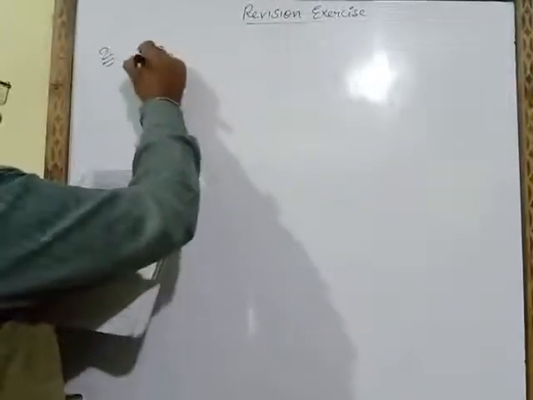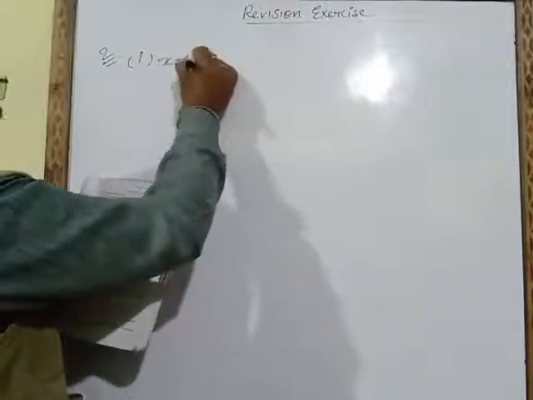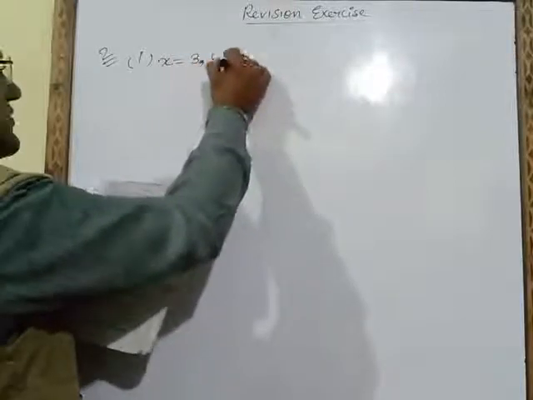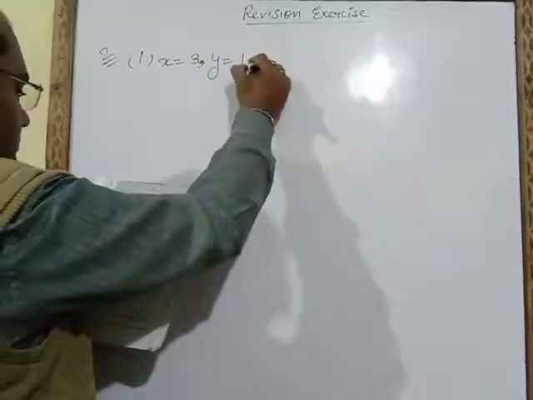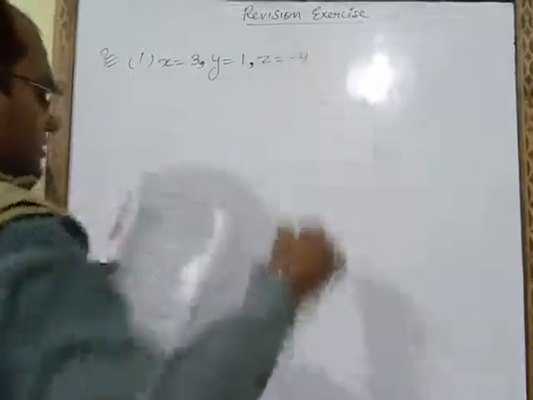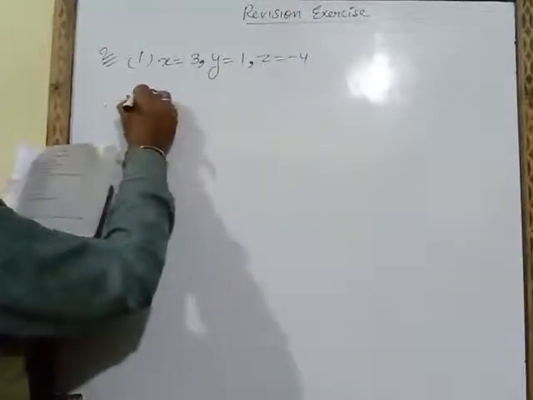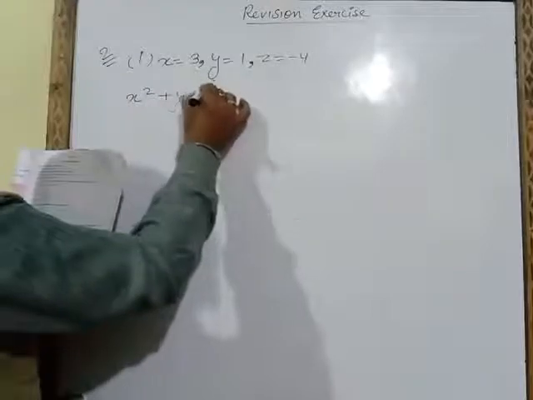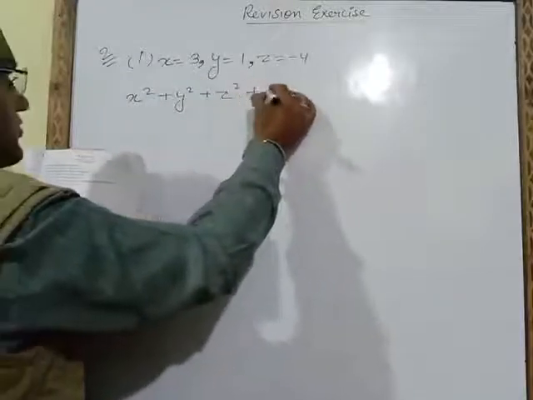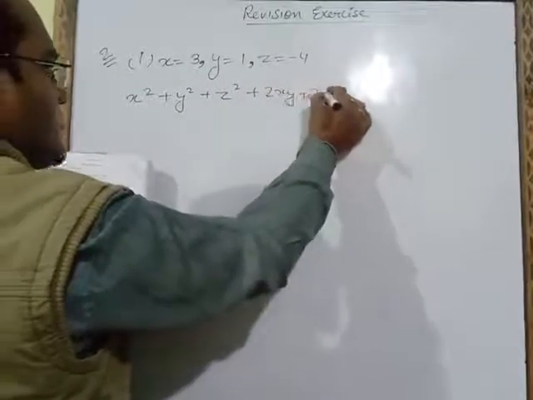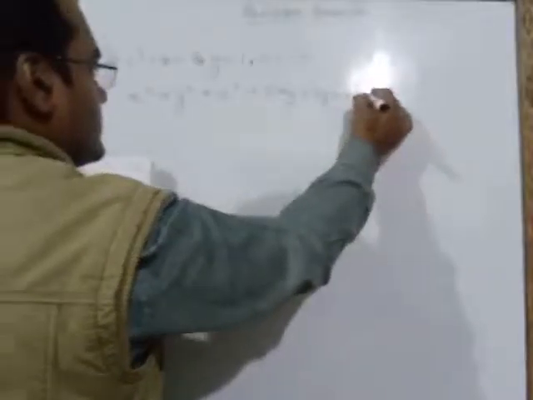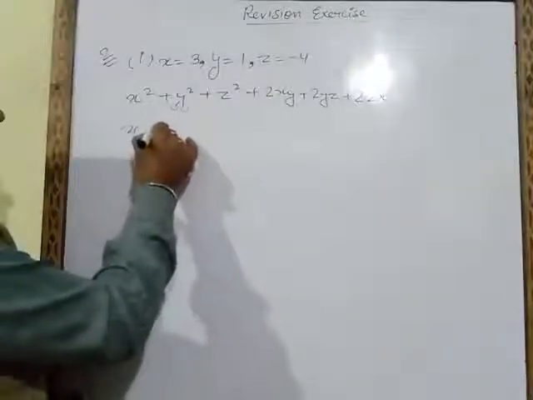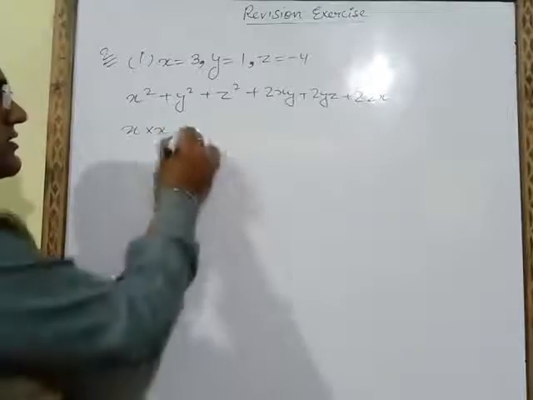Question number second, first part. X value is given 3, y value is 1, z value is -4. You have to find x square plus y square plus z square plus 2xy plus 2yz plus 2zx. So first of all what you will do, x square you will write as x multiply x, plus